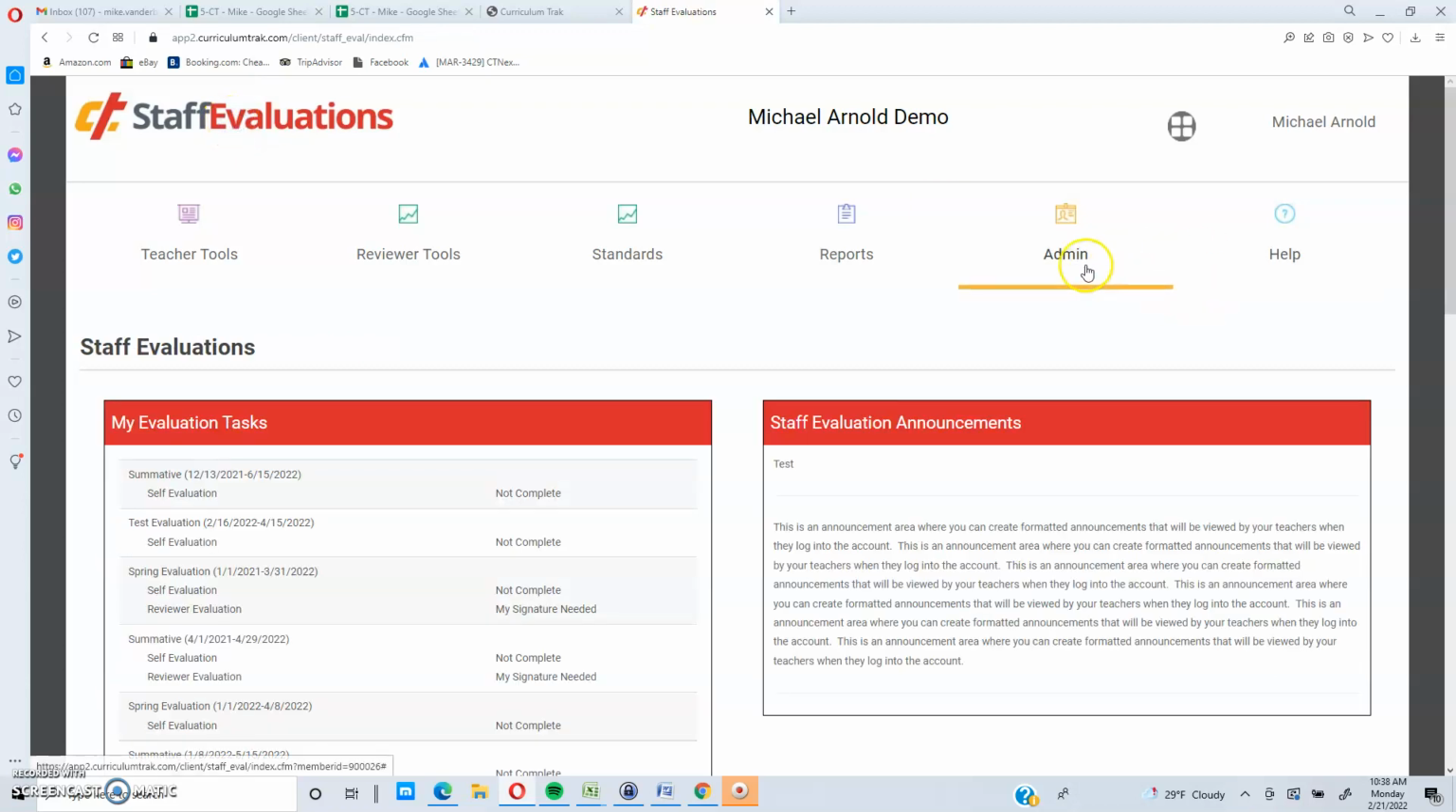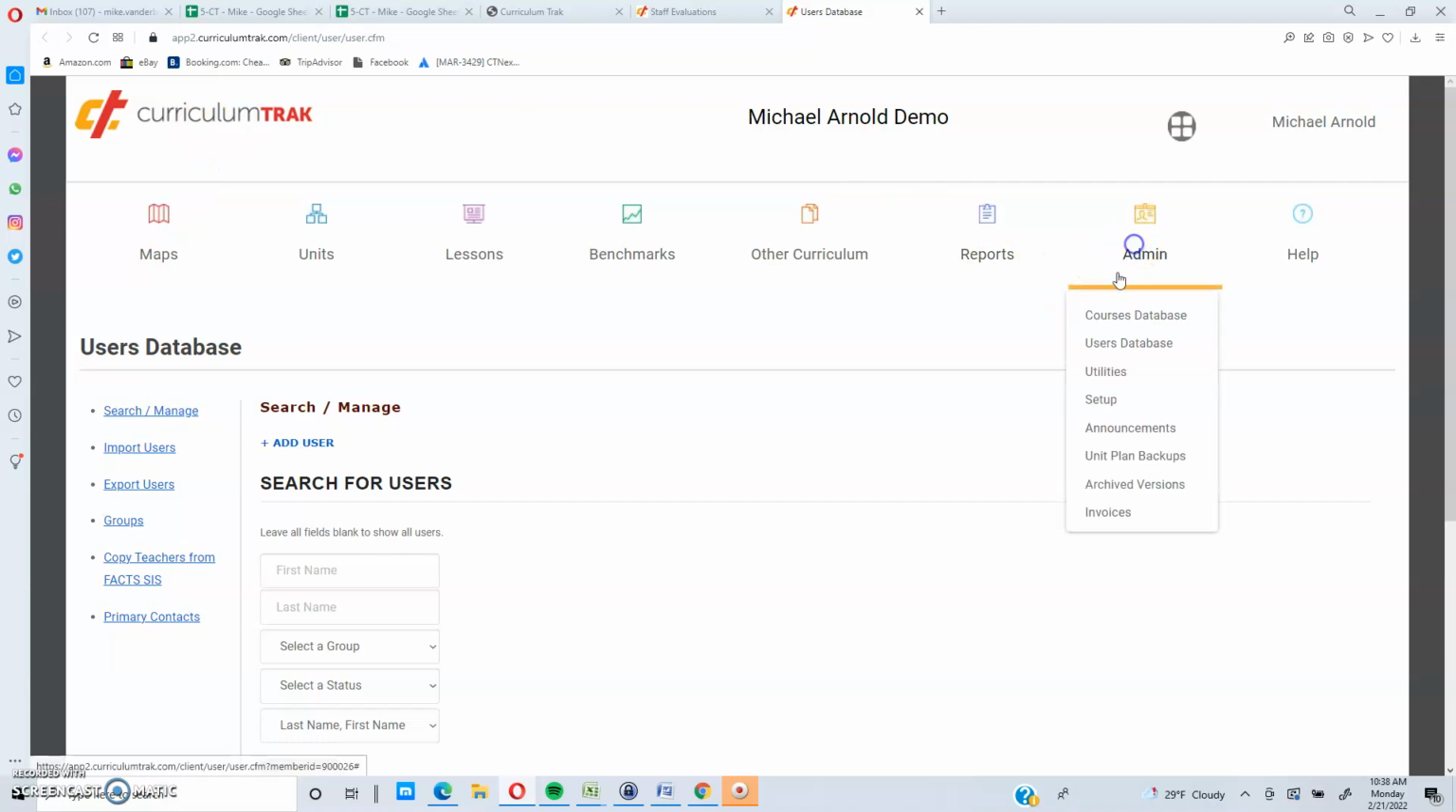During this video segment, I will go through the admin area of the Staff Evaluations module to Curriculum Track. The users database and the announcements database are shared databases between the curriculum mapping tool of Curriculum Track as well as Staff Evaluations. So if I click on one of those, note that it's going back to Curriculum Track and